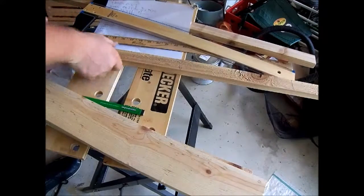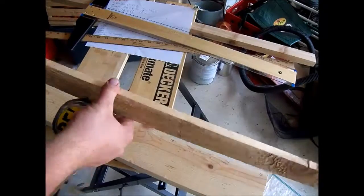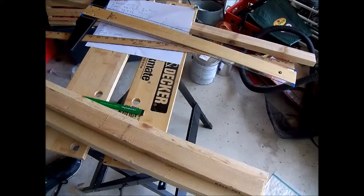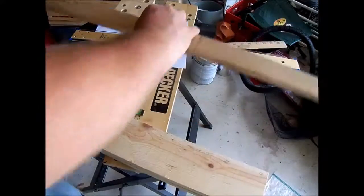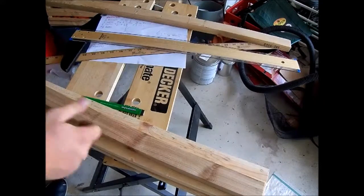Next thing, I need to cut a side. I'm not sure which piece I want to use. They're both a little rough. Might be able to sand it. Like this. Yeah, these pieces are a little rough. But I bought extras in case I needed extra. Okay, so